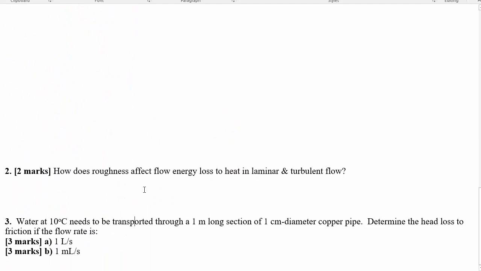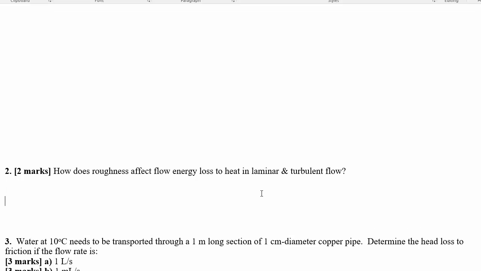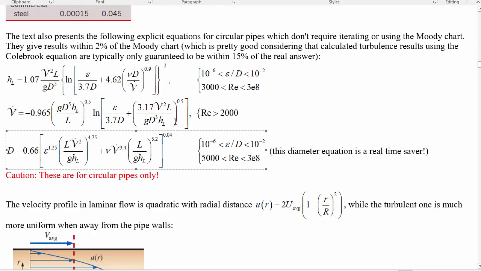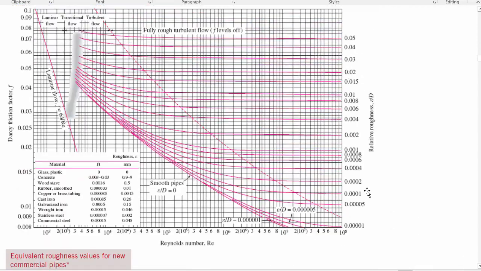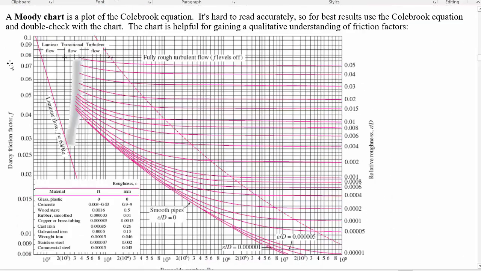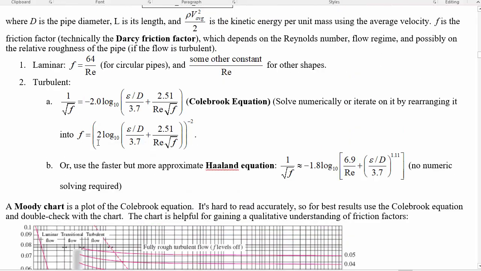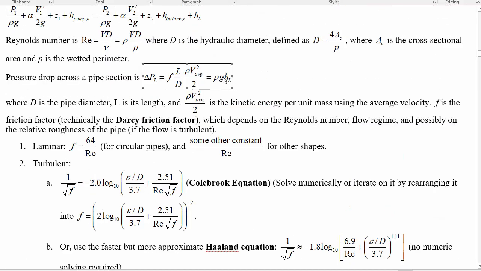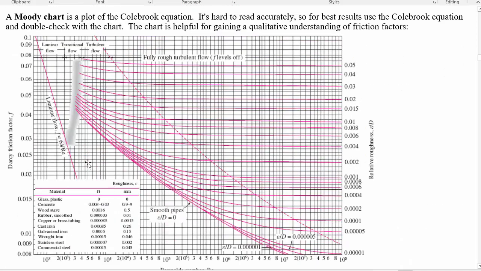Moving on. How does roughness affect flow energy loss to heat in laminar and turbulent flow? The Moody chart is a quick talk through and reminder of how this stuff works. The head loss equation up here says that the head loss is directly proportional to this friction factor, and the head loss is what's going into heat. So the friction loss to heat is increasing with the friction factor, and friction factor